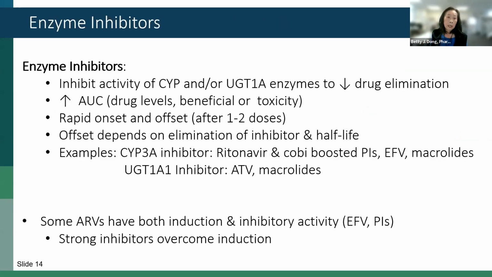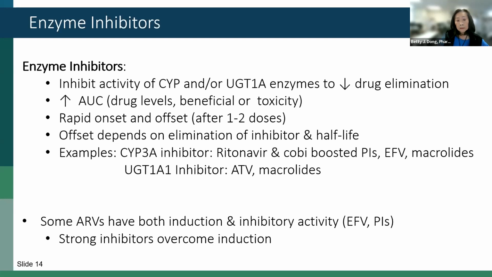So enzyme inhibitors are really important in terms of major mechanisms for causing pharmacologic interactions. Enzyme inhibitors can inhibit both the CYP and/or the UGT1A enzymes, and they do that by decreasing drug elimination and causing increases in area under the curve or drug concentrations. Now, because the enzymes are already present, when you give an enzyme inhibitor, you have a very rapid onset and offset, usually with the interaction occurring within 1 or 2 doses. Sometimes the offset is a little bit more delayed, depending on the elimination of the inhibitor